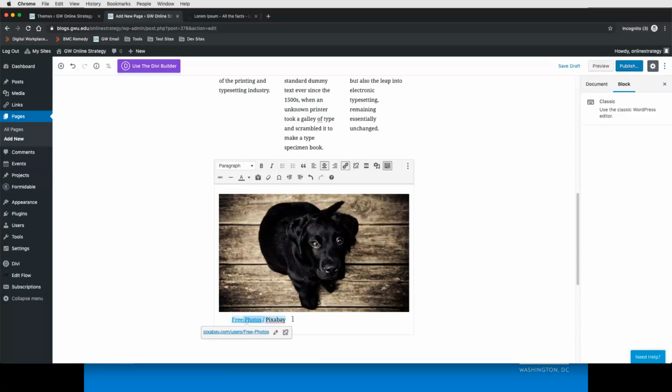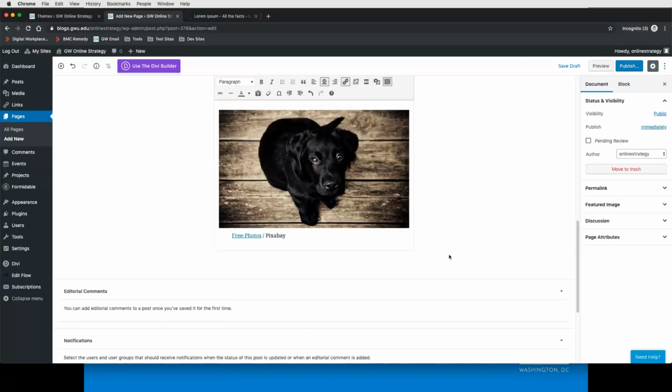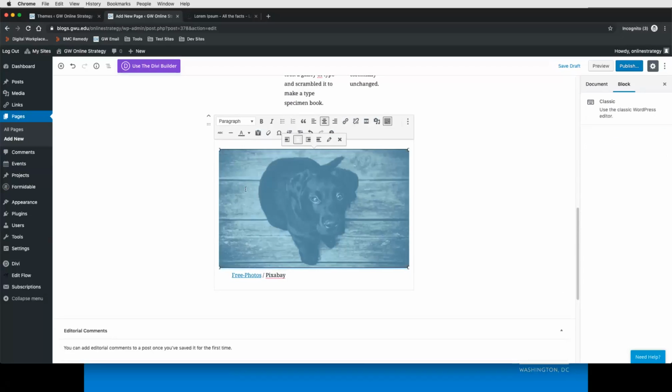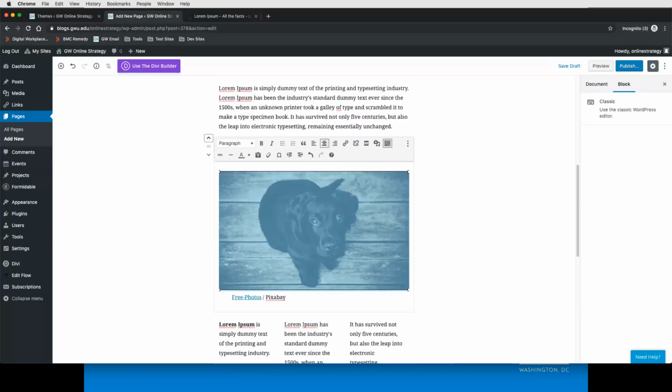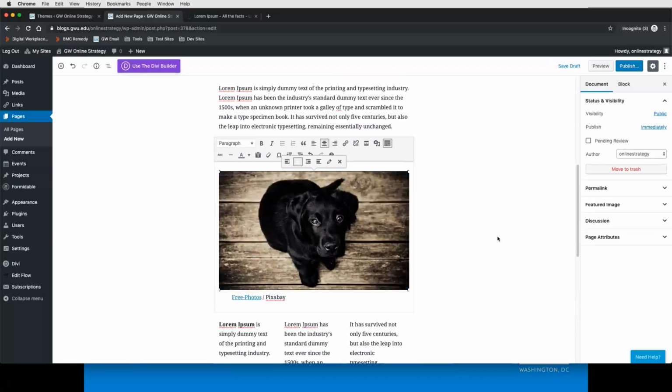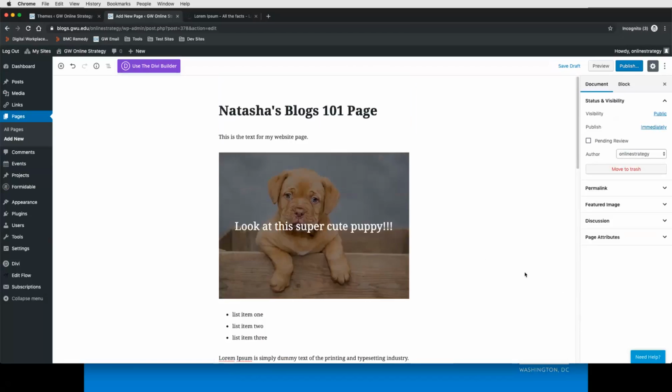It looks this big now because of this block that I'm specifically using, but there are ways to minimize its presence on the page without removing it altogether. So just keep that in mind. And then again, as I'm working on my page, if I wanted this to be in a different location, maybe I don't want two blocks of text immediately next to each other, I can move it up as necessary, keep working on my page as necessary, and then once I'm happy with it,